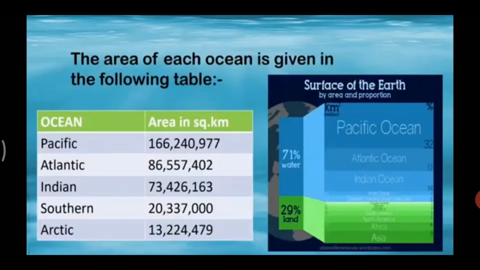Then the next one is the area in square kilometer of Atlantic Ocean is 8 crore 65 lakh 57,402. Then the next ocean is the Indian Ocean, with an area of 7 crore 34 lakh